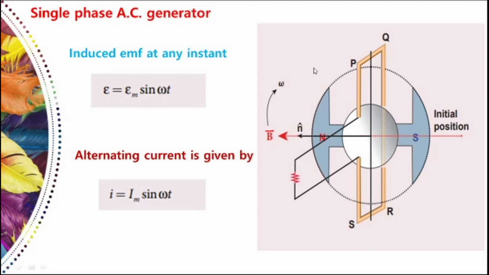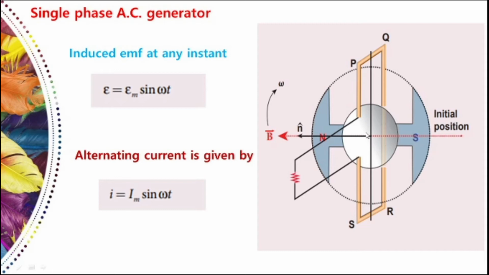And this is the initial position. Here the magnetic field is horizontal. At that instant, the direction of the magnetic field, see, this is the direction of the magnet. The magnet is horizontal, and so the direction of the magnetic field is perpendicular to the plane of the loop PQRS. As this B vector is perpendicular to the plane of PQRS,